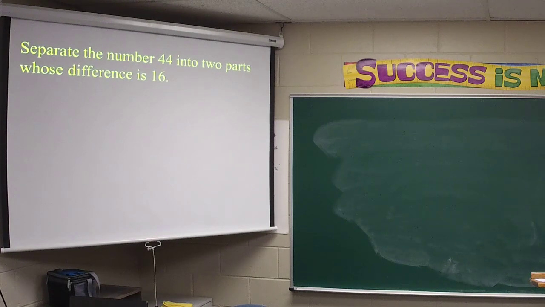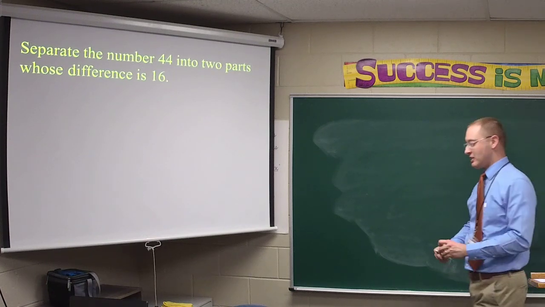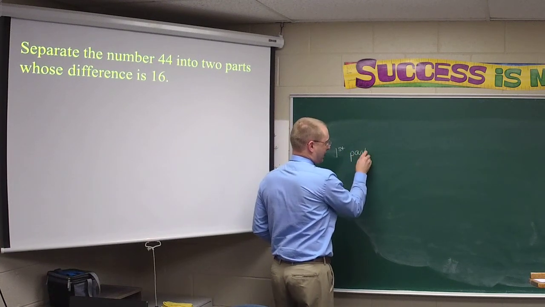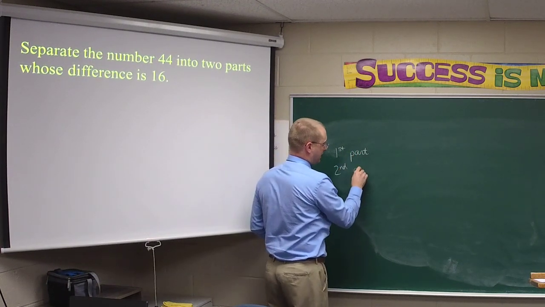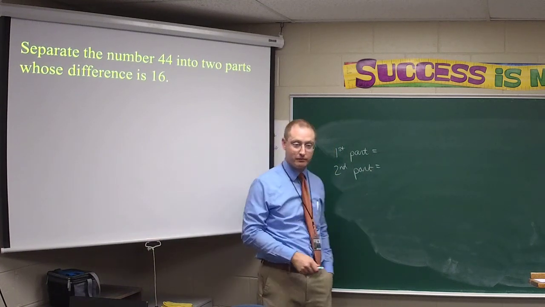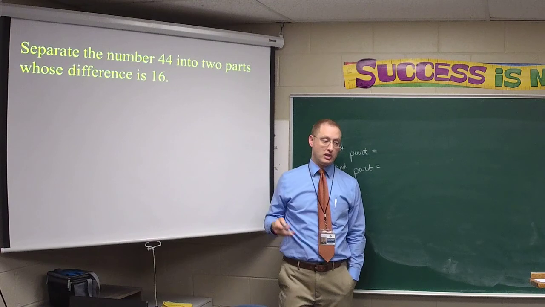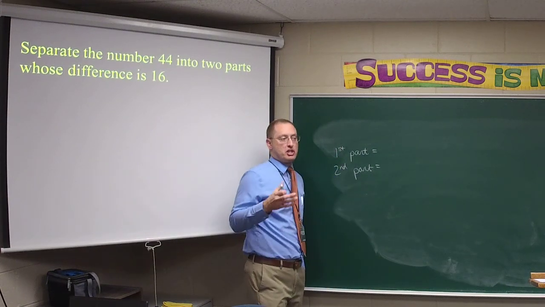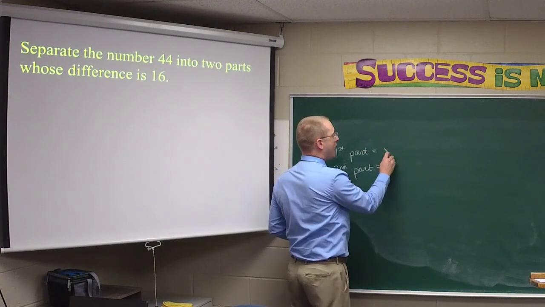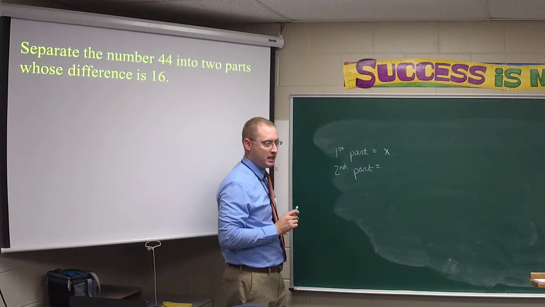Well, here we've got a number 44, and chop it into 2 parts. And the difference of the 2 parts is 16. Well, how many unknowns do we have then, class? 2. We have the party of the first part and the party of the second part, as they say in legalese. And how does it compare the 2 parts to each other? Their difference is 16. It doesn't tell us which part is which, so we could call either of the parts, class, x. And the other part could be